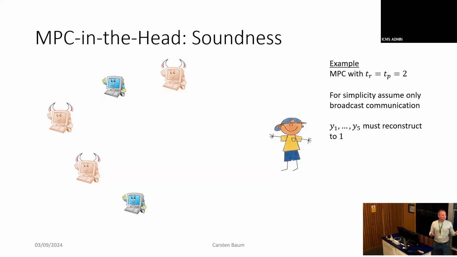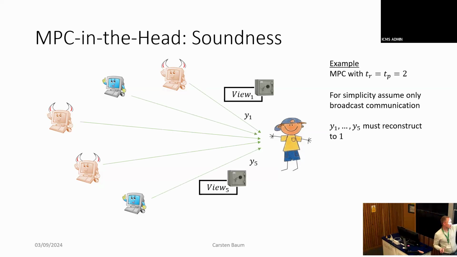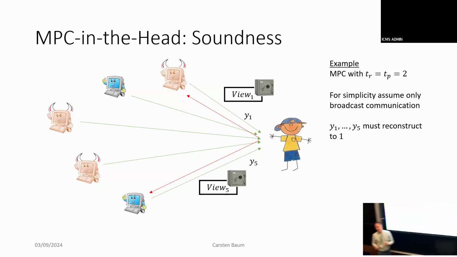So now what's my chance as a verifier to figure out that something went wrong? We're going to let the verifier pick 2 parties. It's going to get the commitments of everybody, and then it's going to pick 2 parties, this one and this one. If the verifier picked both of the honest parties, well, he's out of luck. These parties have been following the protocol honestly, he can't detect any cheating.